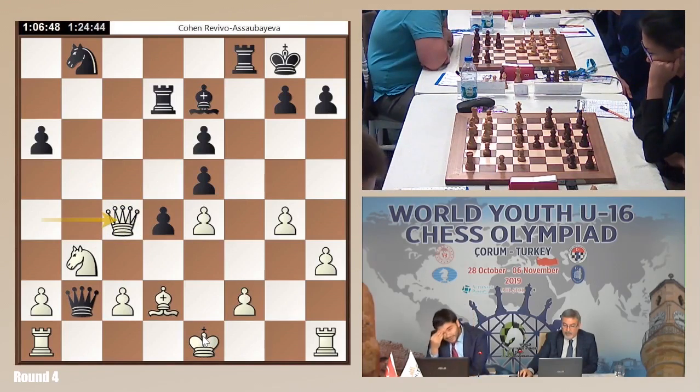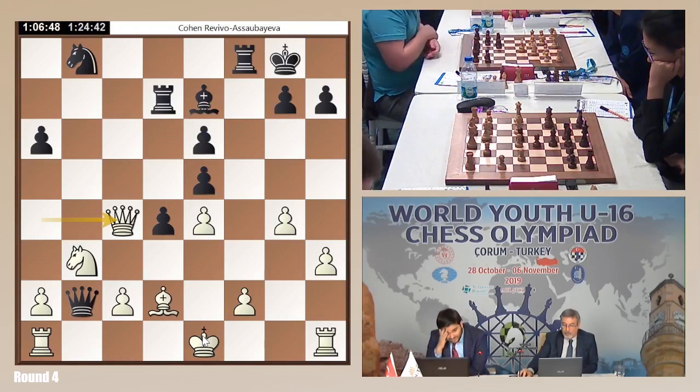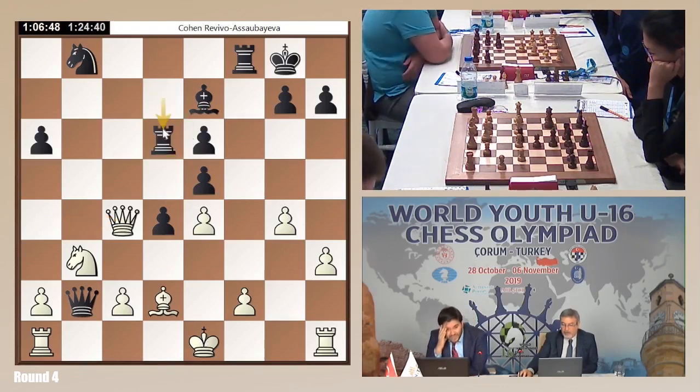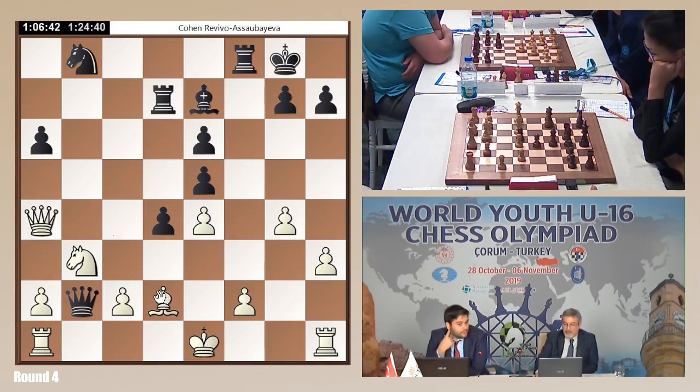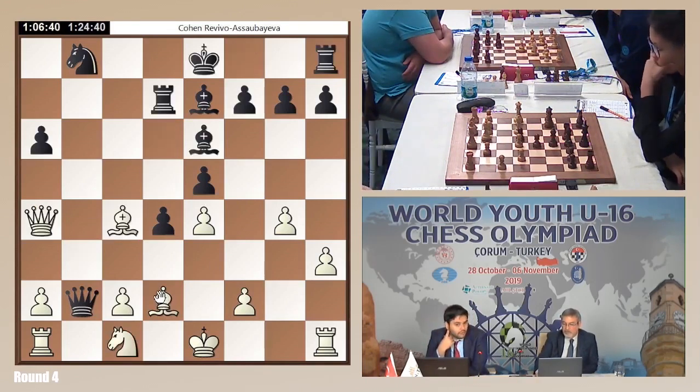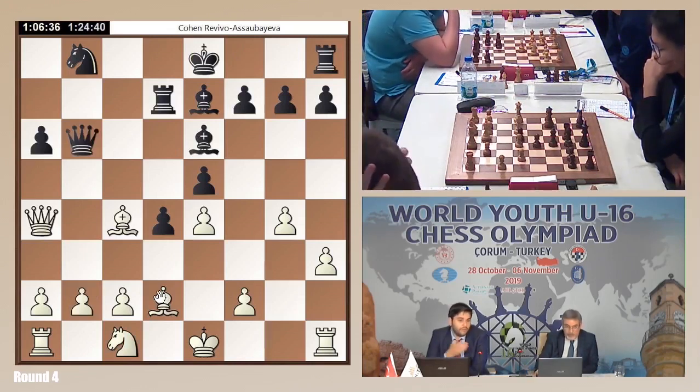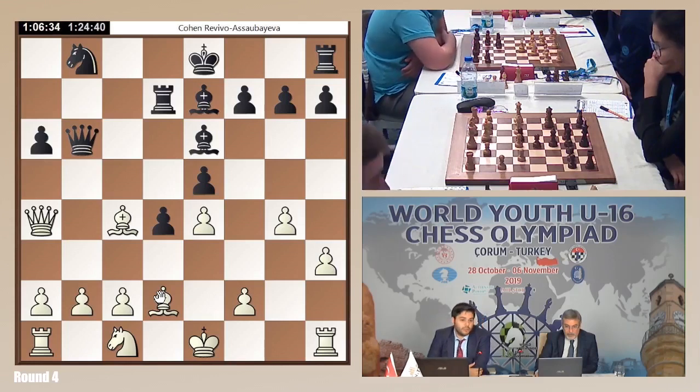Rook c6 and rook takes c2. I'm not sure about the whole line here. I like it for black. Yeah, you know, black is taking the upper hand already. But why is he giving up this pawn? He played it very quickly. There should be some preparation. No way, he's 1 hour behind in time. You're right, he didn't play quickly. He probably